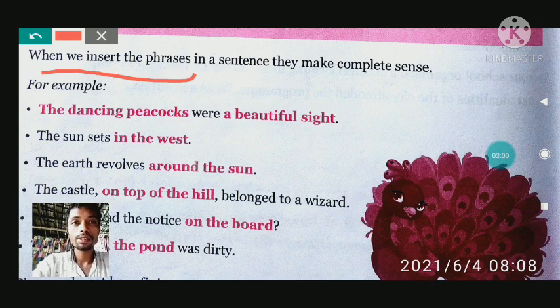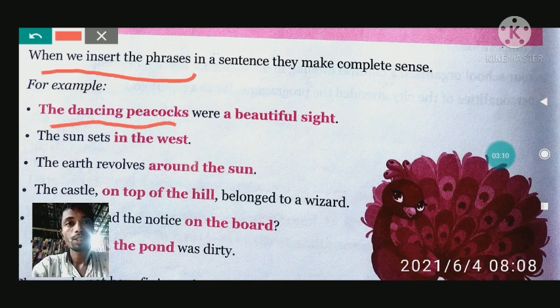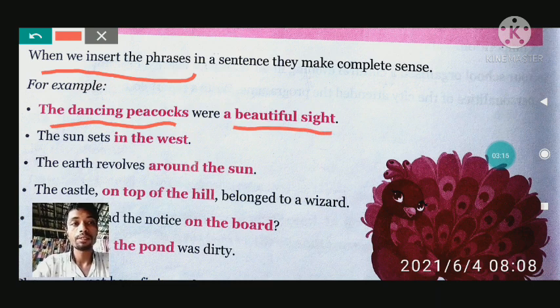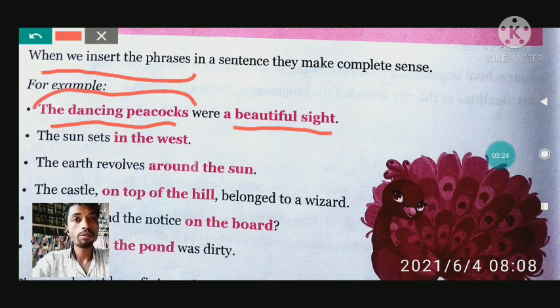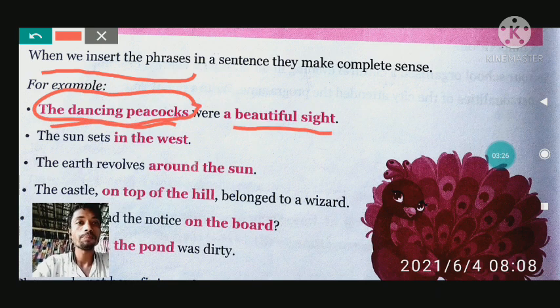If you can't understand, you see the heading. When we insert the phrase in a sentence, they make complete sense. The dancing peacocks, it's a phrase. A beautiful sight is a phrase. And separately it has no sense, no thought. If you say only the dancing peacocks, nothing. A beautiful sight, nothing. But in a sentence